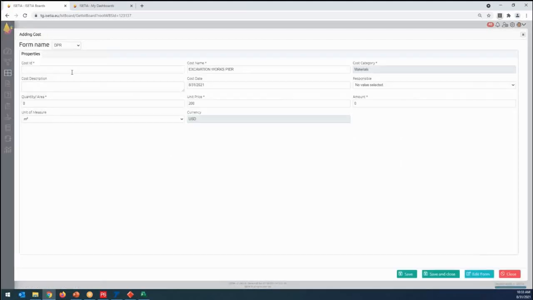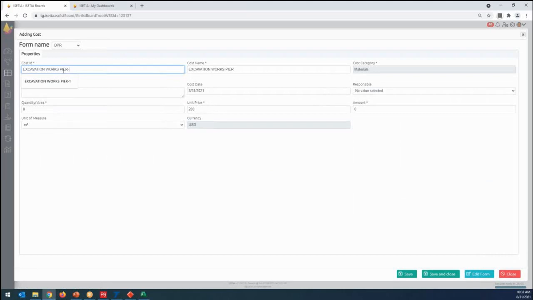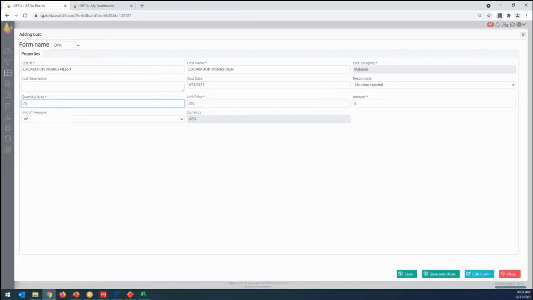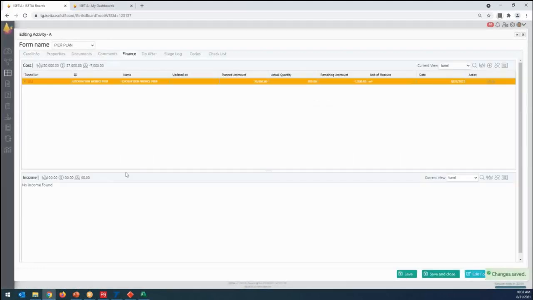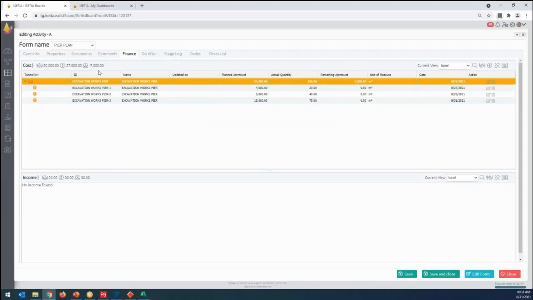If the person just comes and enters here, let's say 75, okay, and save and close, the system just highlights and gives the notification that we are over budget $7,000 for this activity. Because our budget was 20, we spent $27,000.